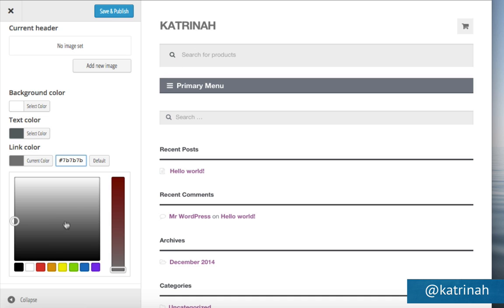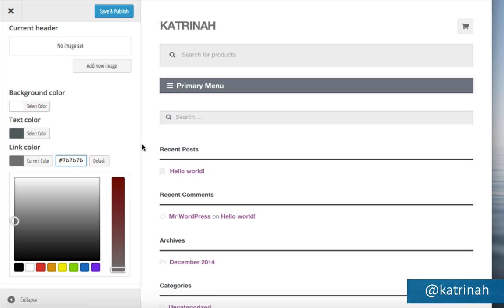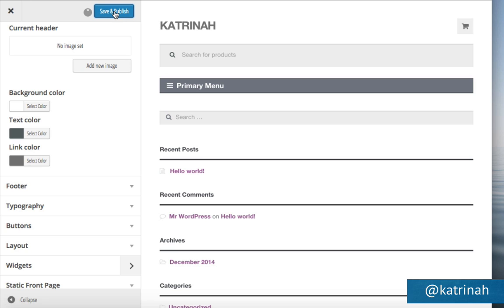You can change it to any color you'd like, once again, by just clicking in this area right here to find the link color that you'd like to have displayed on your site. So I may come back to this later, but for the moment, I'm just going to make it this gray on white color, and then I'm going to click on Save and Publish up above to save that change.